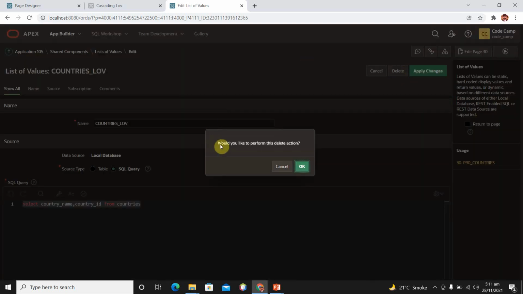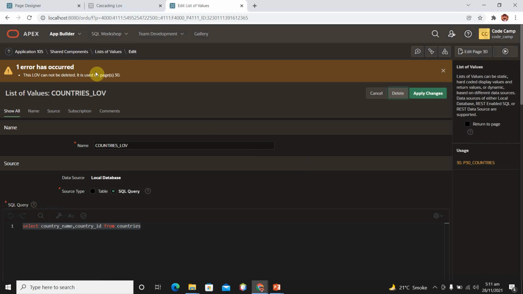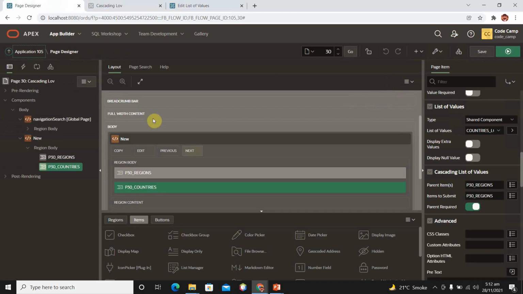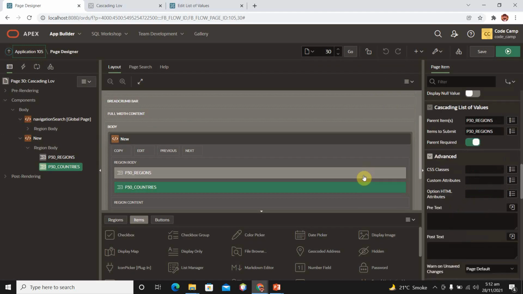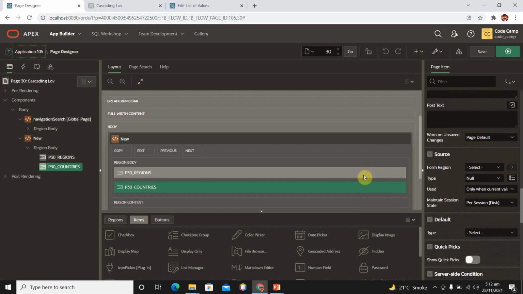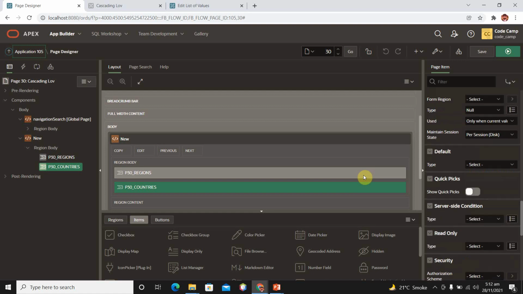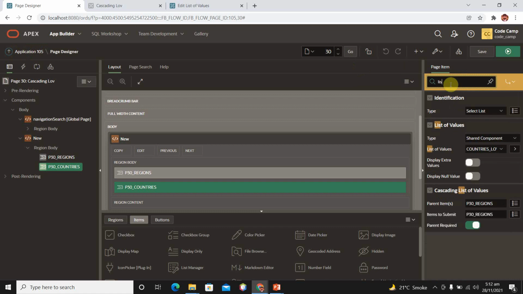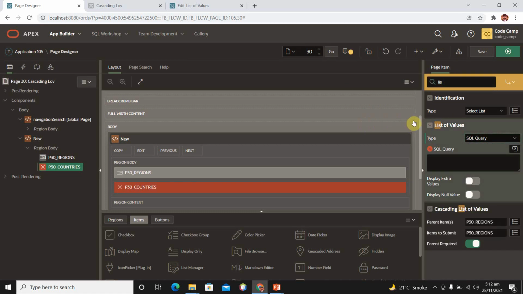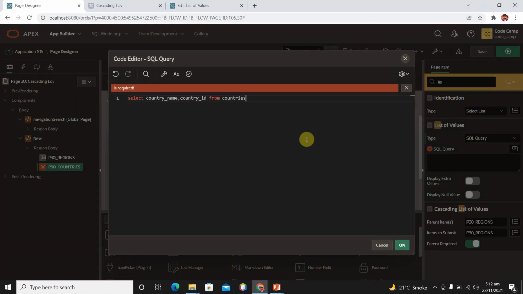Okay, delete this. Okay, LOV has not been used. Okay, we are using it in our page, that's why it is giving us an error. You cannot delete this LOV. So go here and select list of values and select it as a query. Paste your query here.